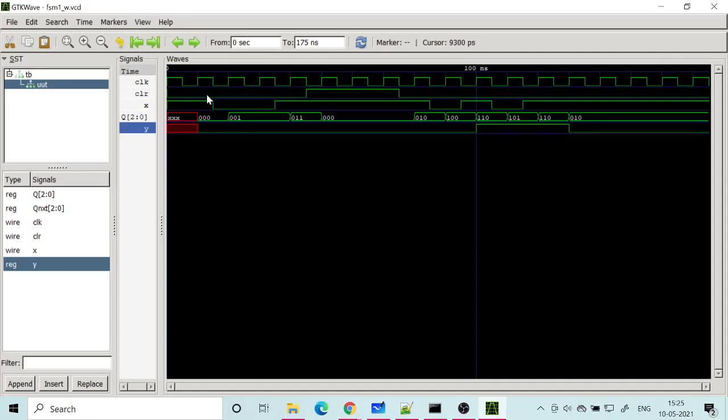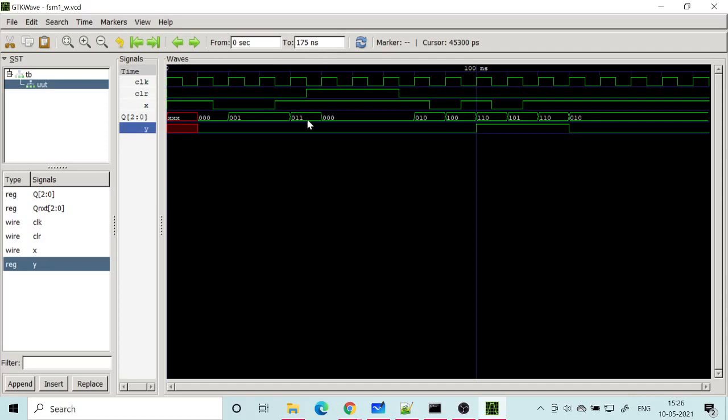Okay, and clear, I have made it 1 for some period here. Before the clear appeared, when clear was 0, the state machine was actually at work. It has gone from state 0 to state 1, then to state 3. So it was on the way to detecting a particular sequence.